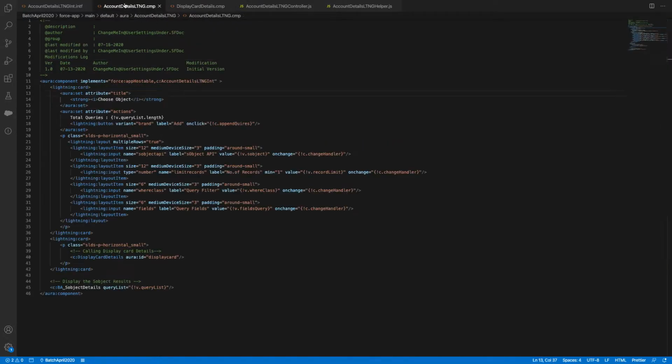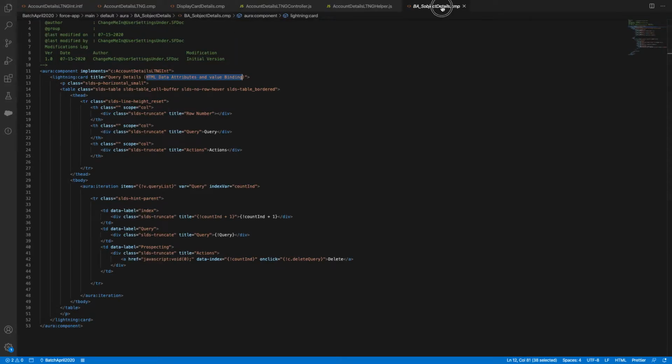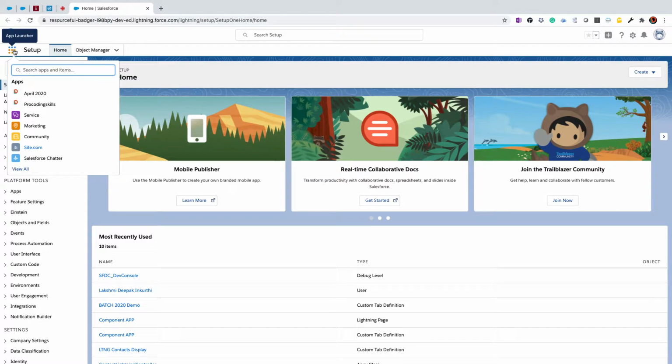Account card. And what is the next component that we created? S object details, VA S object details. So till we are here, batch 2020.